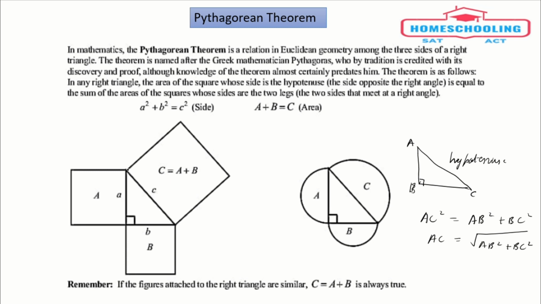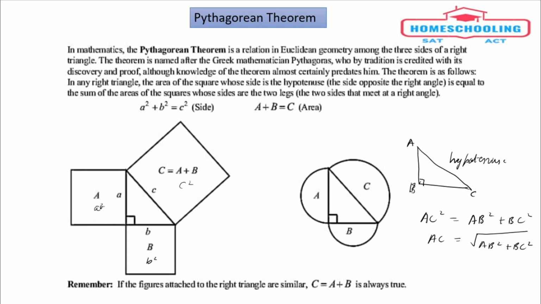If you draw a square on the hypotenuse, its area would be how much? Because one side is C, the area would be C square. Similarly on the other two sides, this side the length is B, so the area would be B square. And if we draw a square on this side of the triangle, then its area would be